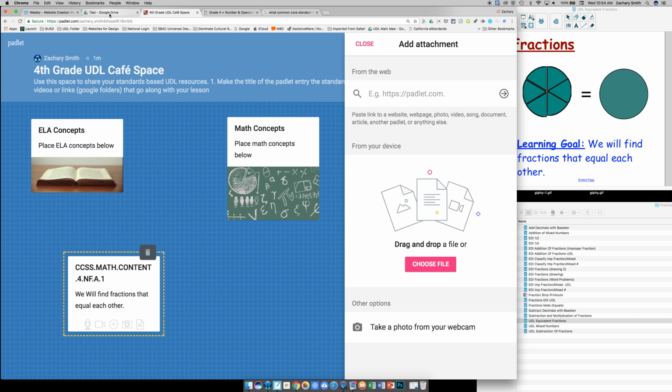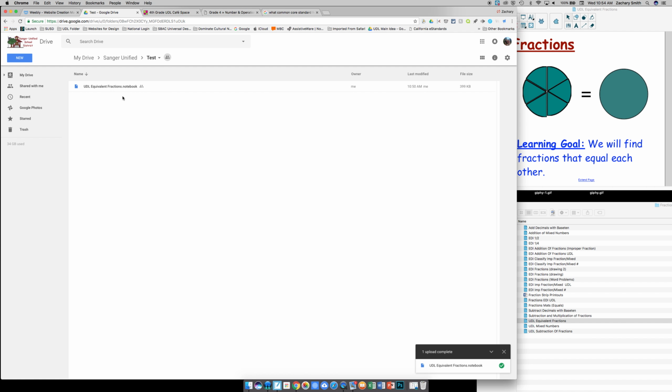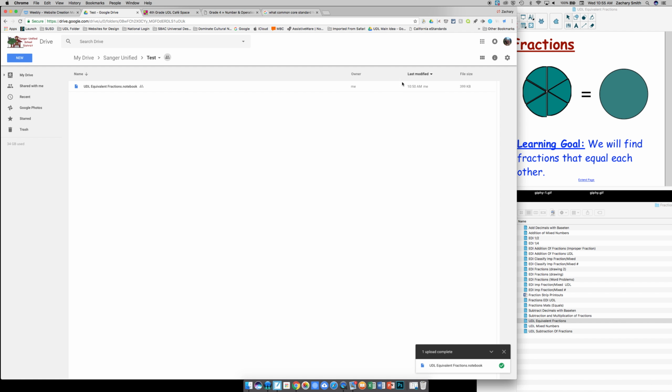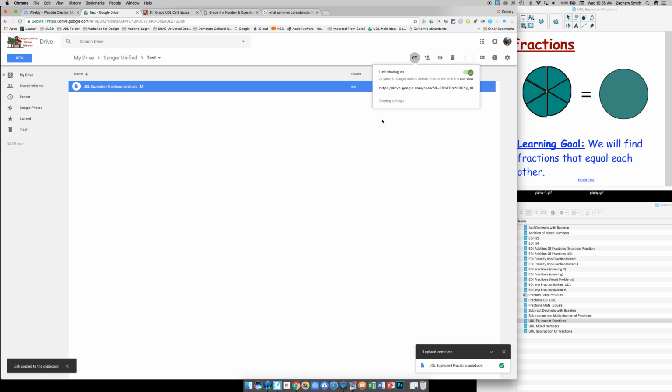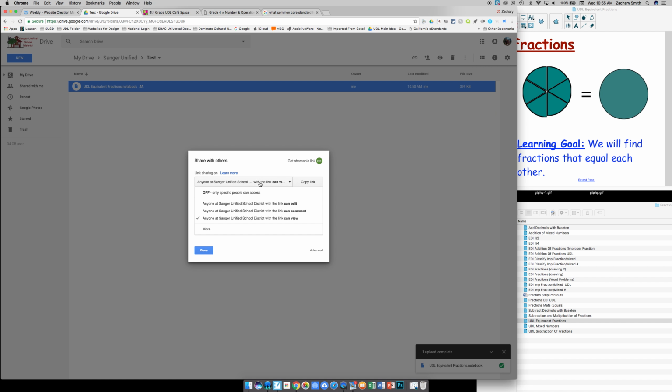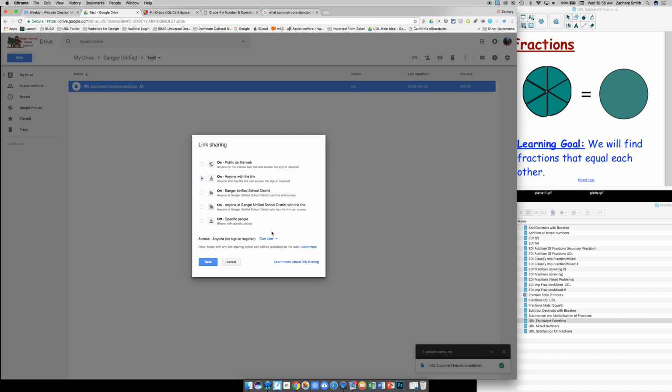So I'm going to go up here, and here is that same file but dropped in my Google Drive. I'm going to click that file, and you have options, so you could either right click and get a shareable link. Where is it? Right here. Or you can, since it's highlighted, I have the ability to get a shareable link that way. And I like to, especially on something like this, open up the share settings. Anyone with this link